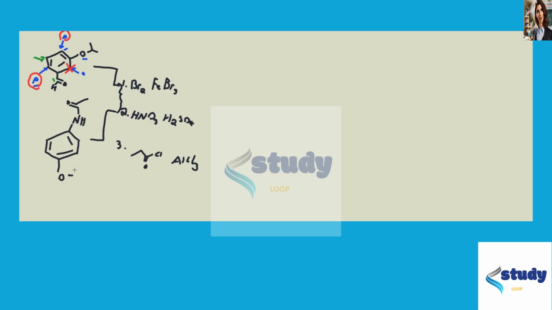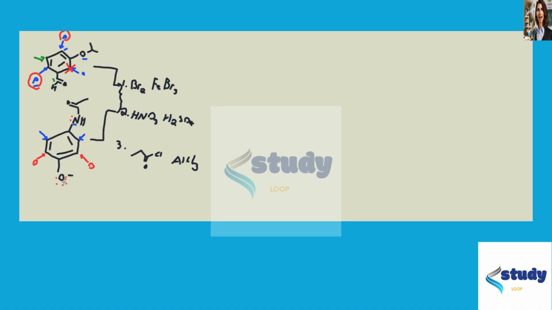Now for this group, we have this oxygen that is electron rich and is going to donate electron density into the ring, and therefore we know that it's going to be ortho and para substituting or directing, but the para position is occupied in this example. And we know that this amine, also with the lone pair electrons, can donate resonance and electron density into the ring to make a full carbanion in the carbon ring. So this is also going to be electron donating to its ortho and para